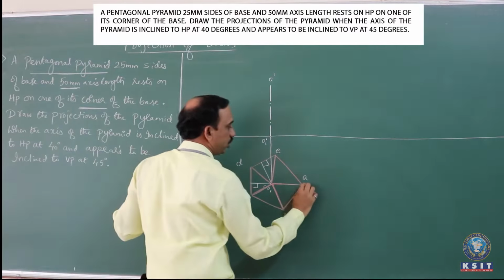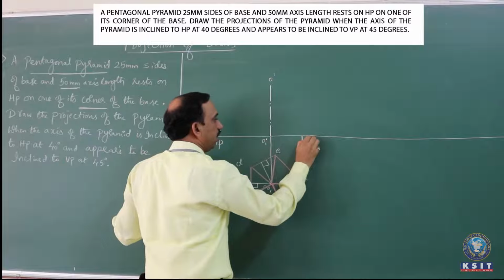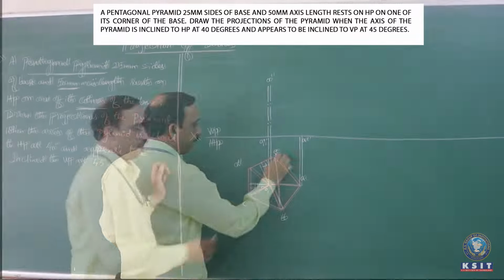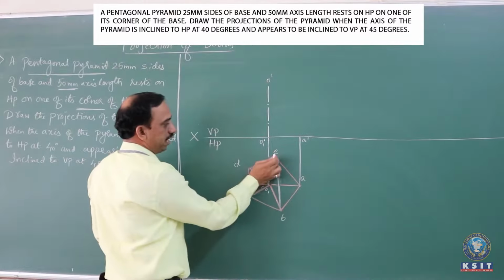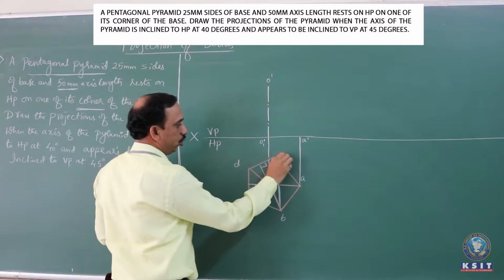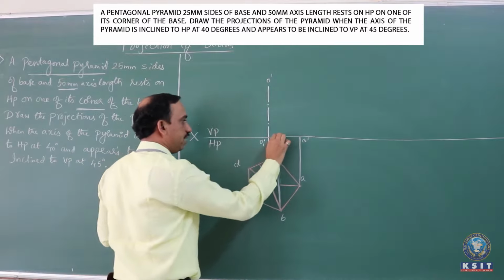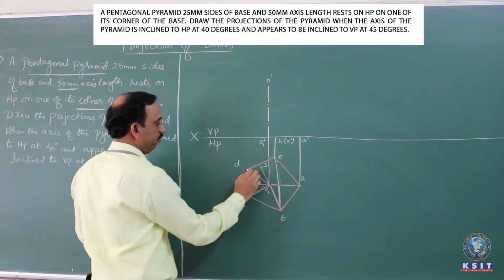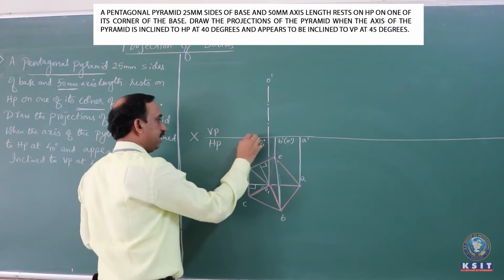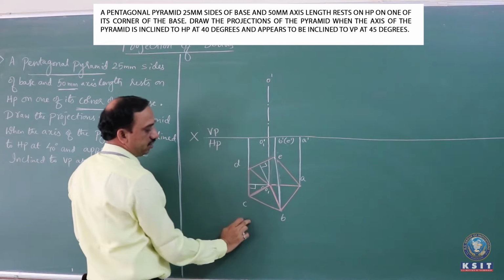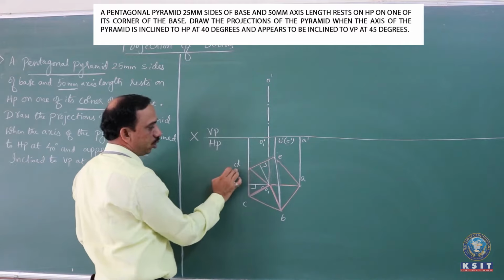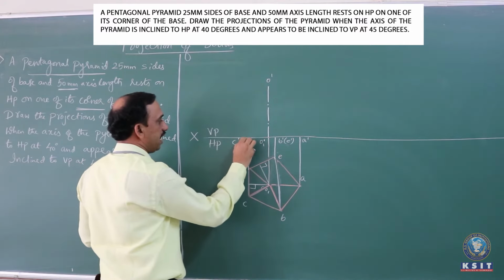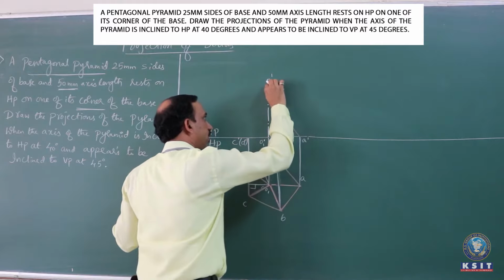Now take the projections from A to get A dash in the front view. From B, when you take a projection, B and E are going to coincide. Take the projection to meet the XY line. This itself is B dash, E dash. Similarly, from C and D, erect a vertical. When the observer sees from the front, initially C is seen, later on D. So this becomes C dash and D dash. Now connect the slant edge. From A dash, join to O dash.